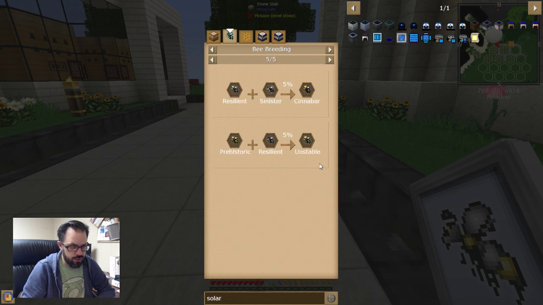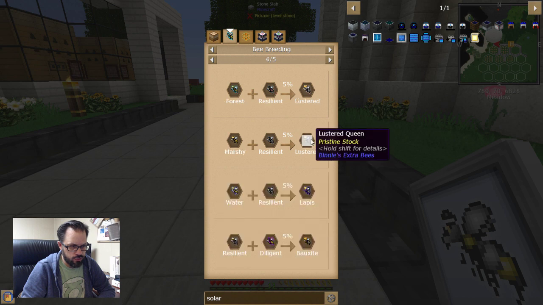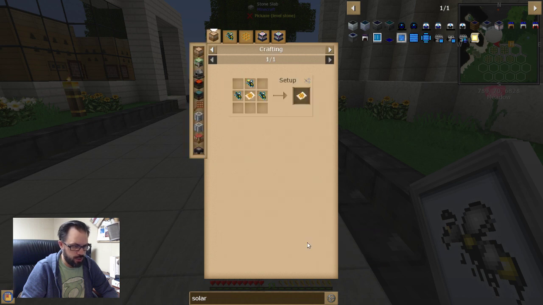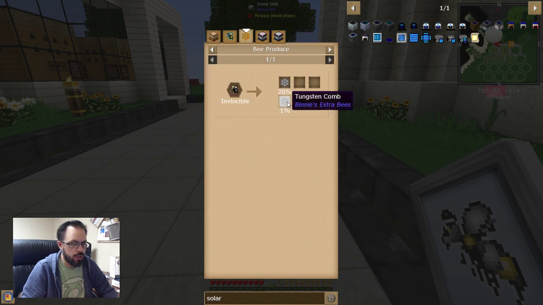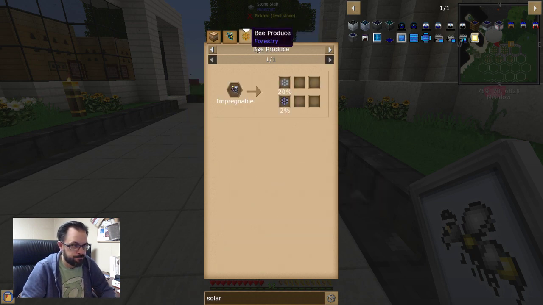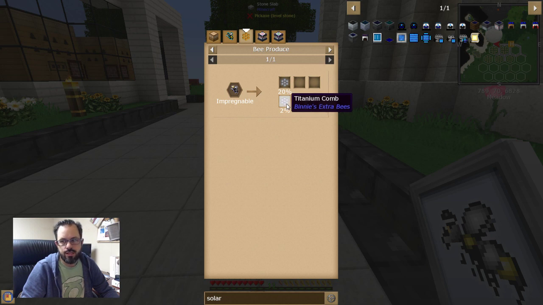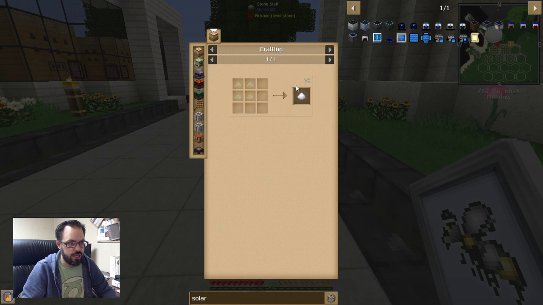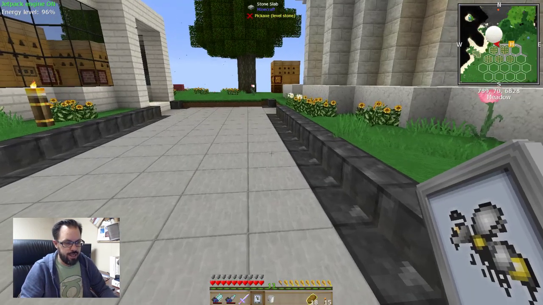So mainly for the impregnable, and I believe, is it, I can't remember. Definitely the impregnable. I don't know about the invincible uses. What do these make? Yes, invincible and impregnable, because they make titanium, and we need titanium. And if you look at the uses of those, you get 100% chance of grains. 4 grains equals 1 titanium. So every 4 combs equals a titanium,